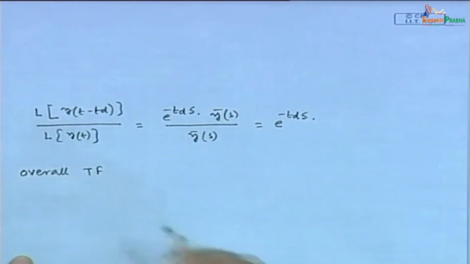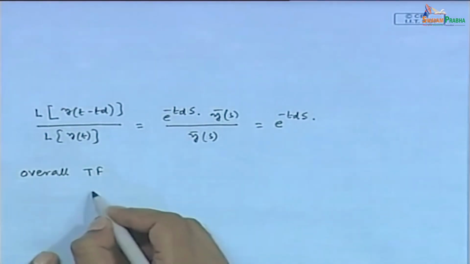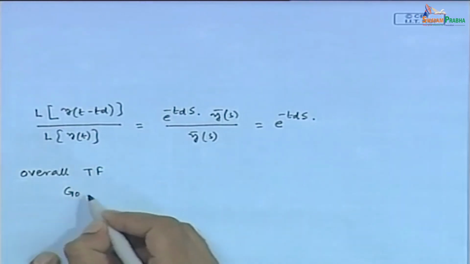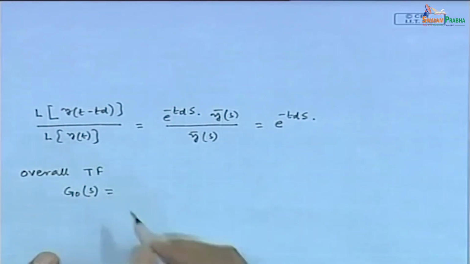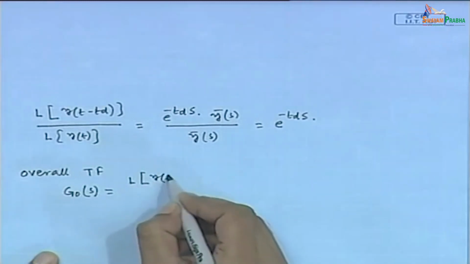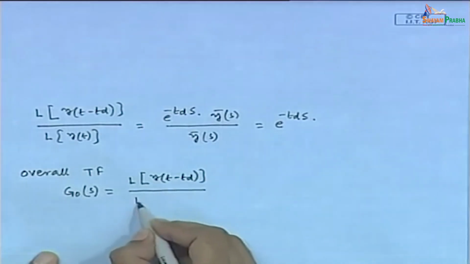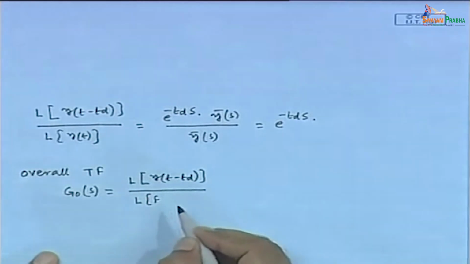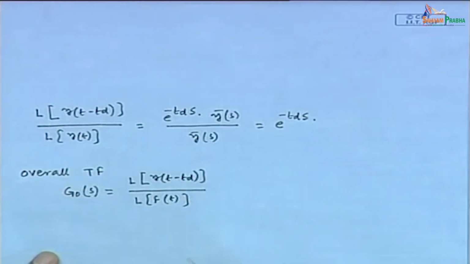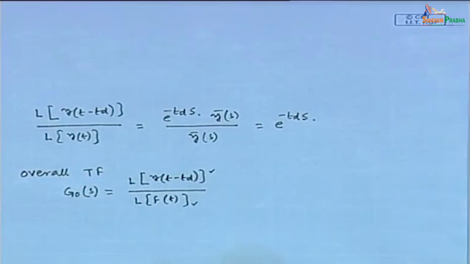If we represent the overall transfer function by G naught s, then G naught s equals Laplace transform of y(t minus Td) divided by Laplace transform of f(t). Agree? This is the output of the overall system and this is the input of the overall system in Laplace